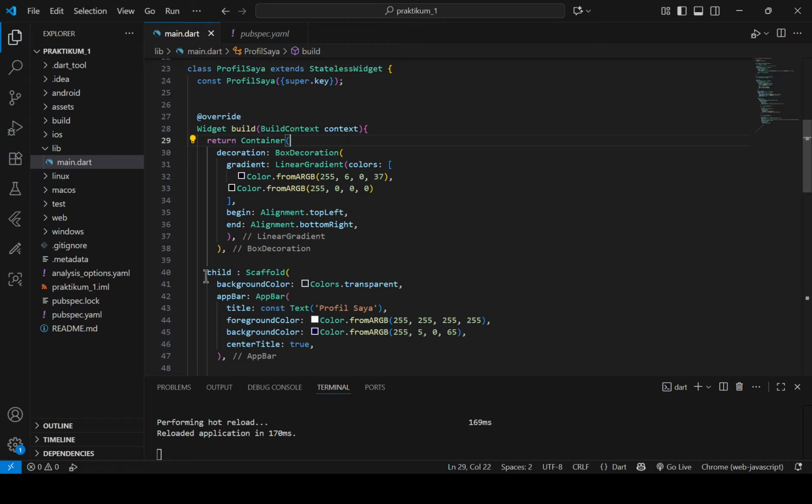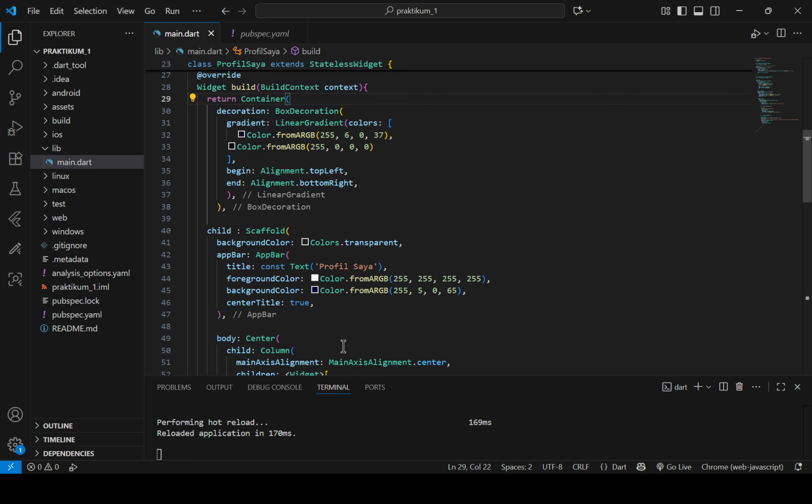Next, I add a child, which is the Scaffold. I nested it inside the Container and set its background color to Colors.transparent. This is the critical trick that allows the gradient from the parent Container to show through the Scaffold.